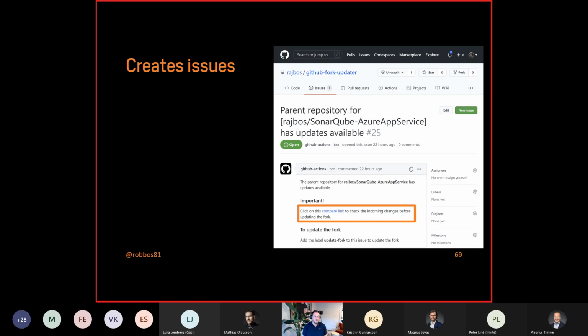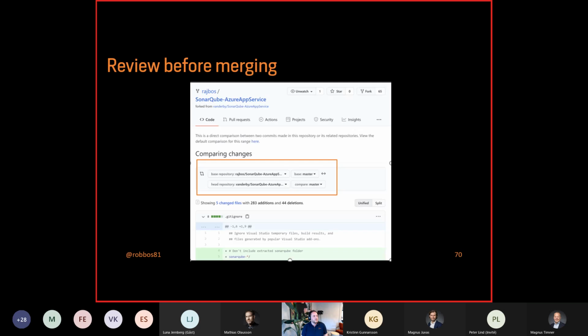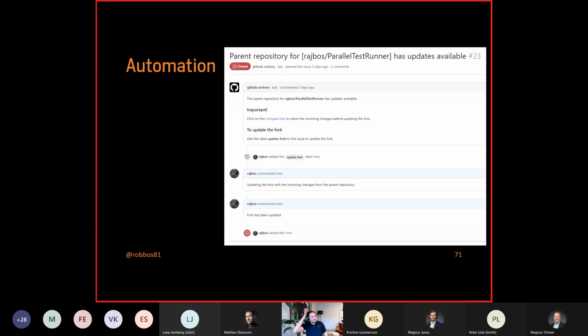Do the risk assessment there, and if you decide that it's okay, this is the review, of course, you can then say, well, I've assessed the risk, and I'm adding a label. It's fine to update this fork. Then another workflow will run inside of this repository that says, well, I'm updating the fork for you. That might take a long time if you have a huge repository, but usually it's rather fast. And it will then say, hey, the fork has been updated, I'm done, and I'm closing the issue for you.